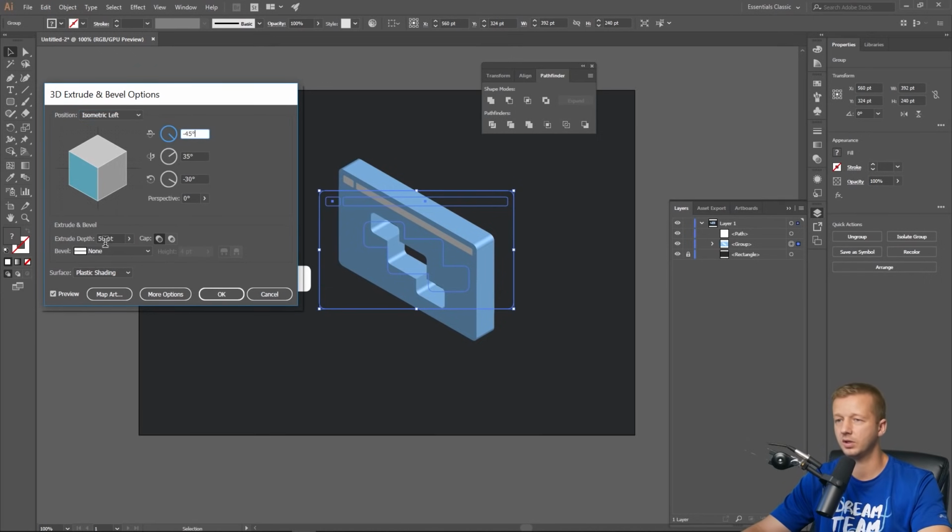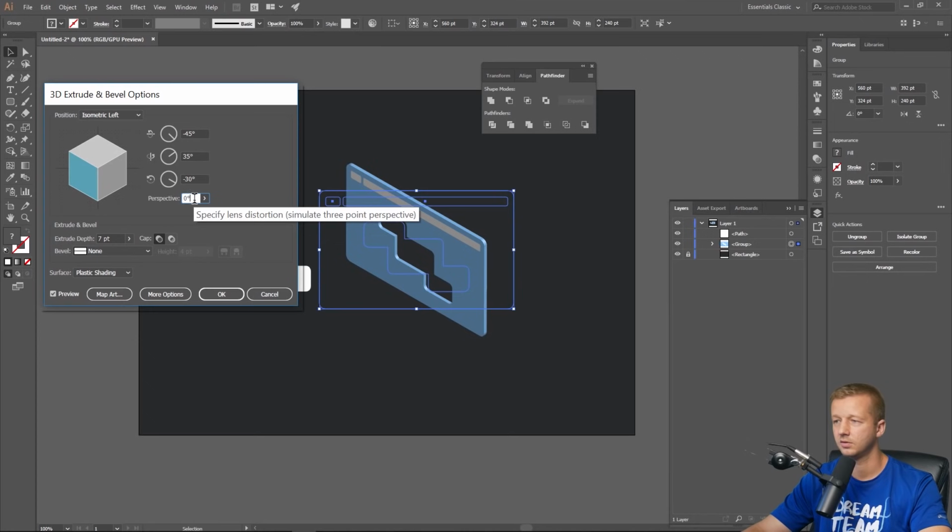All right, so the extrude depth, it's quite thick. I actually might want something around 7. Yeah, maybe 9. All right, that looks good to me. Actually, no, it doesn't. 12. Okay, I like that. And then if you want to adjust the color, it became quite dark, and that's because